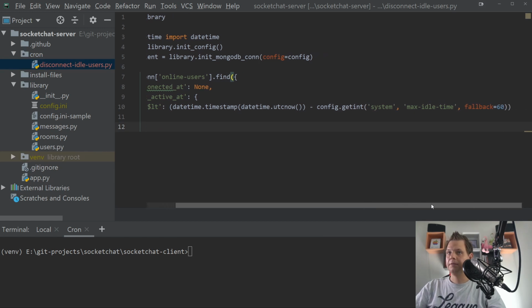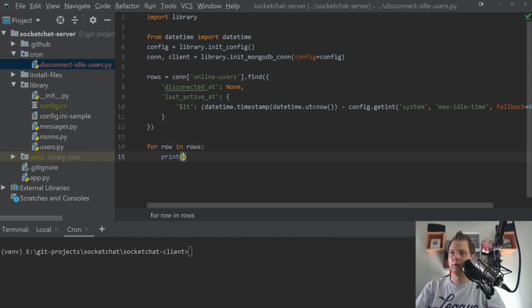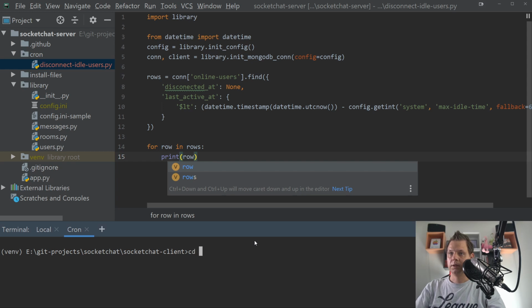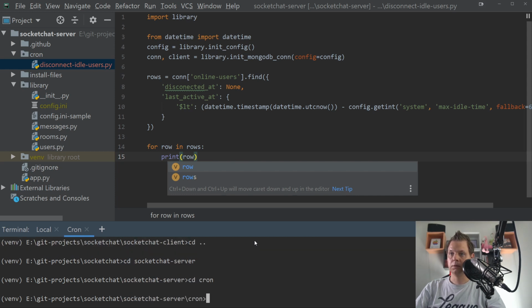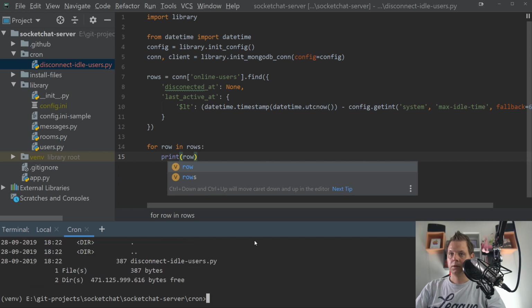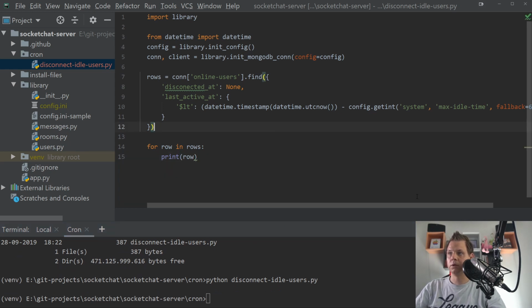So now we have a little bit done here, and we are almost ready to make the for loop. For row in rows, and then print the for loop out. And cd Cron, not the client, socket Cron, and then we want python disconnect, and we have no users older than